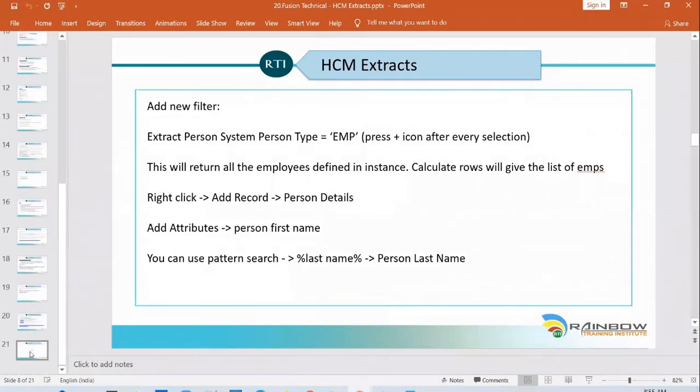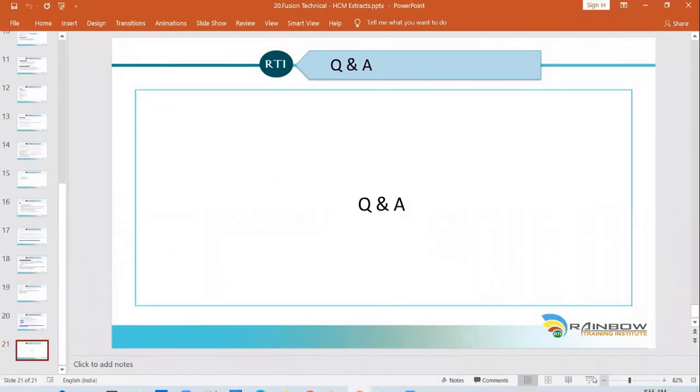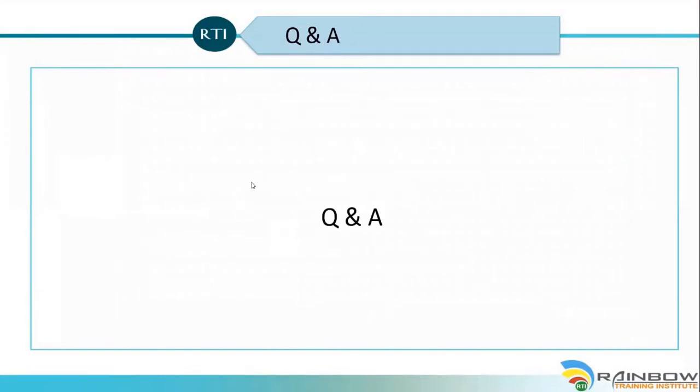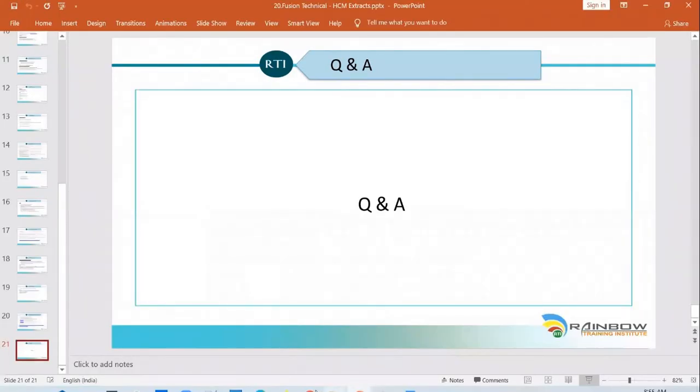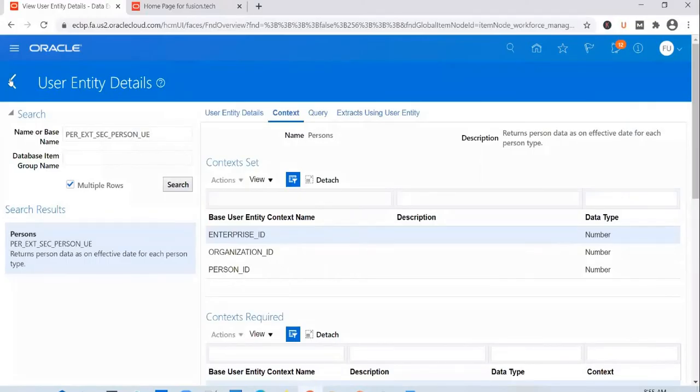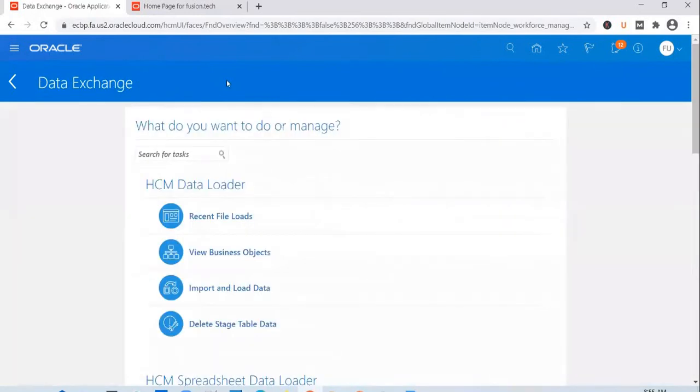Any other questions, guys? Professor, I think you explained that fast formula for data extraction, right? So they're used only for rules? My understanding is that the fast formulas concept will be used for making rules, or we can write the queries or something. What is the purpose of it?